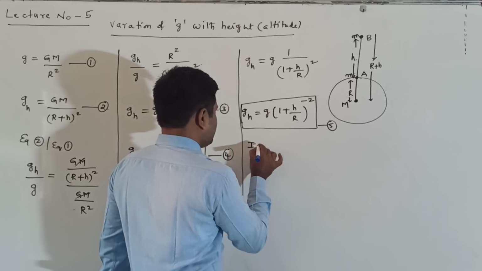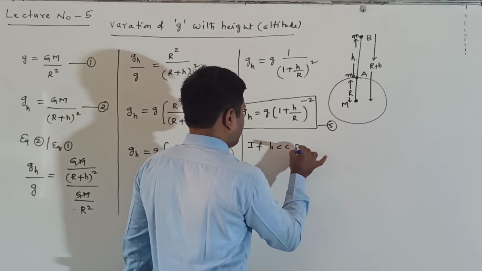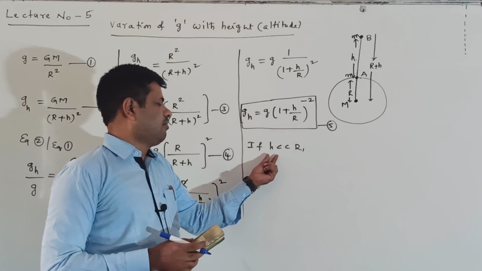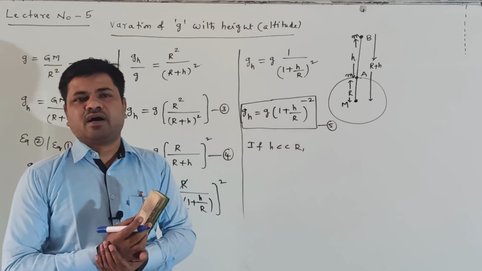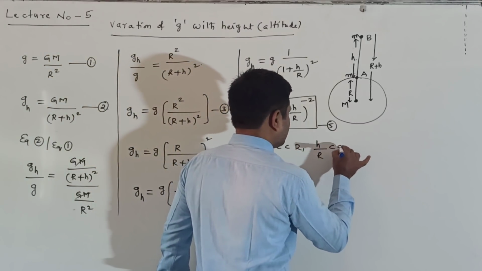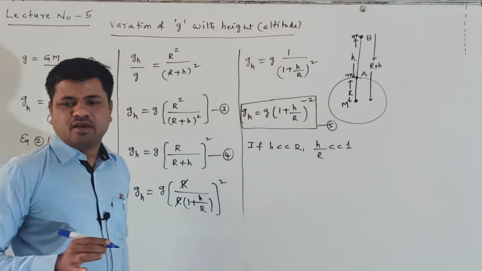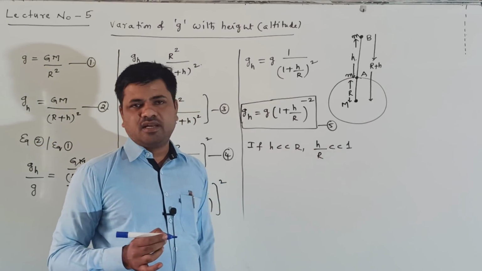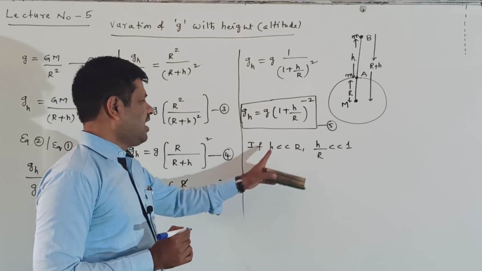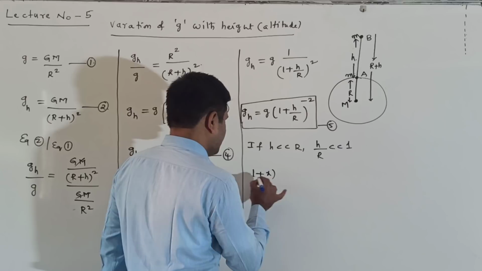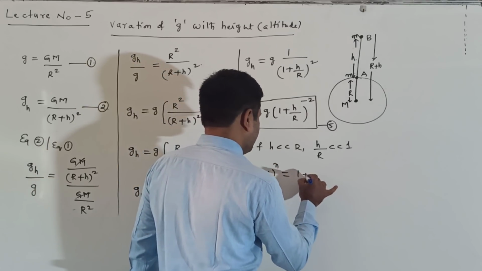Next, if h is less than R, the height of the body is very small compared to the radius of the earth. Now in this case, h by R is also less than 1. When h by R is less than 1, in the binomial theorem one formula is there: (1 plus x) whole power of n is equal to 1 plus